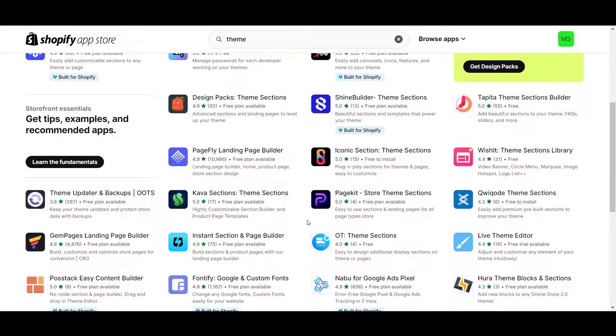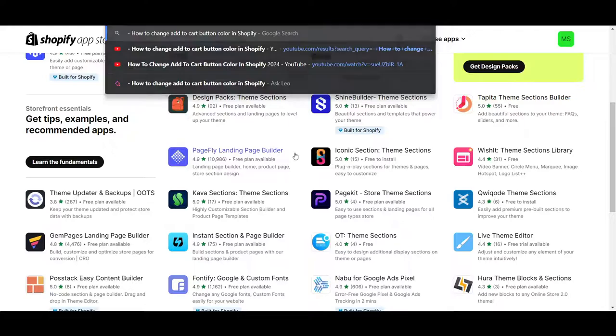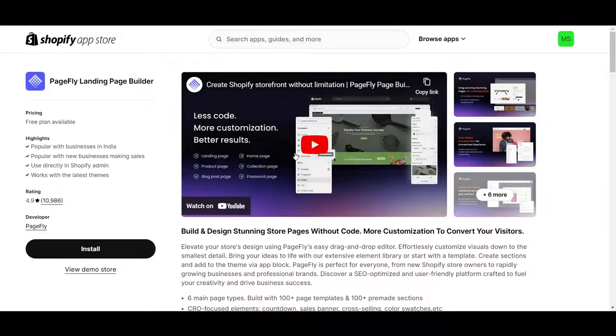Because in the default Shopify option, there's no such thing that you can add color to your add to cart box. I hope that this information is really helpful, and thanks for watching how to change add to cart color,